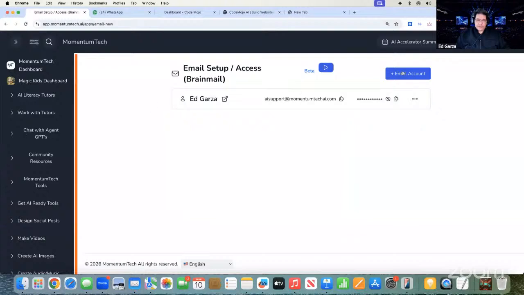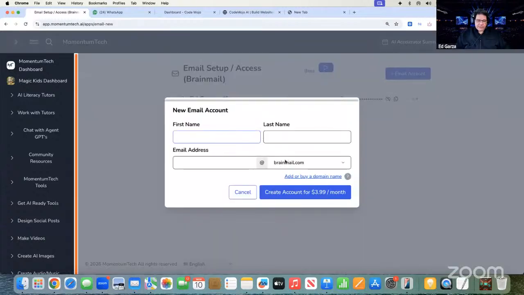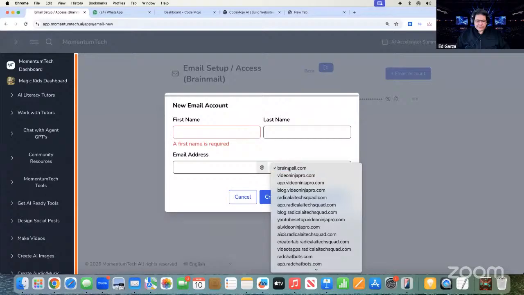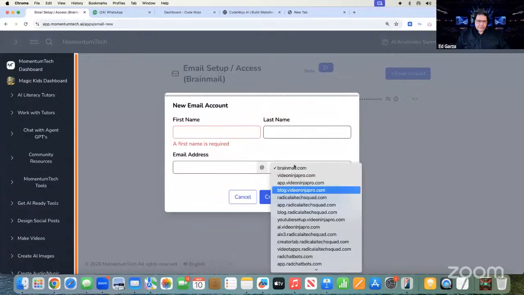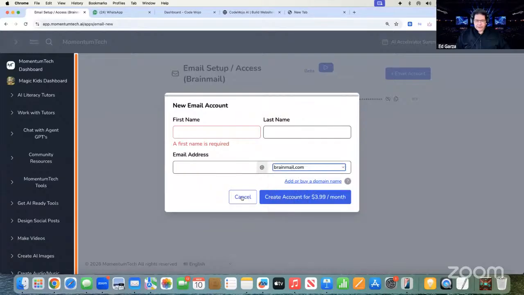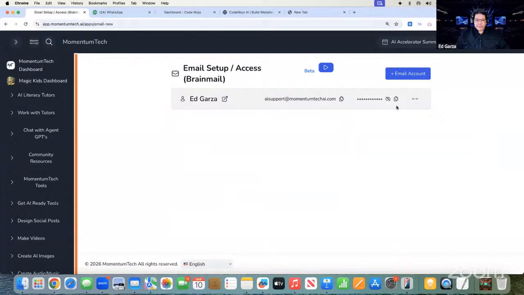Now, what you want to make sure of when you get an email, don't leave it on brand mail. I've had some people do that. It's just common sense: go to each form, first name, last name, email address, and choose your pop-down on your domain. Okay. And then you set up your email. Once you set up your email, like right here, you can reset your password here. You can see reset password.